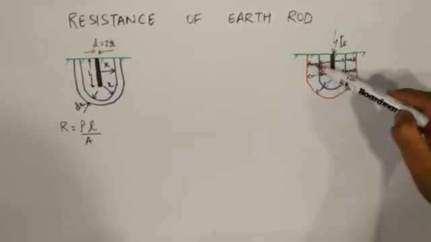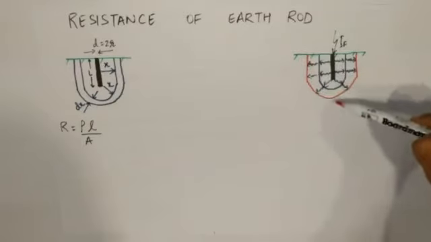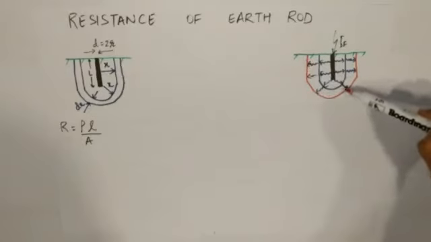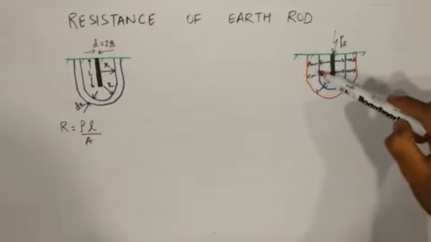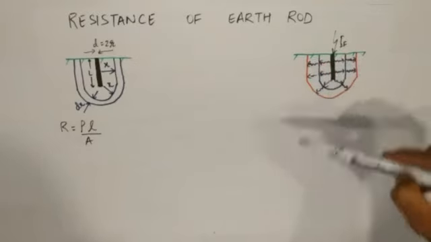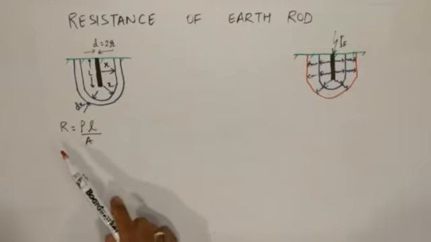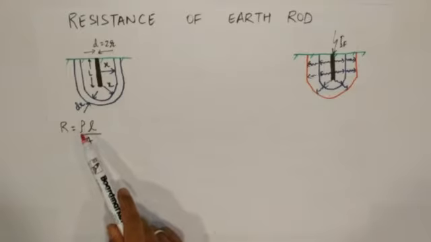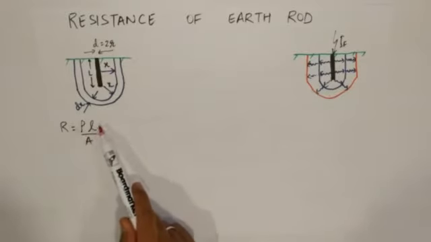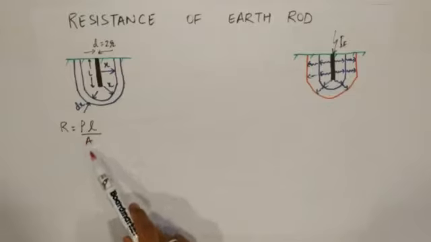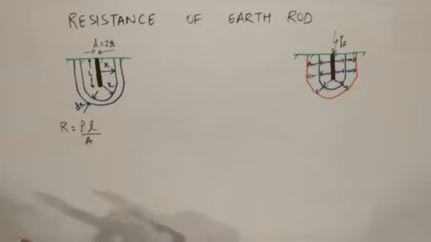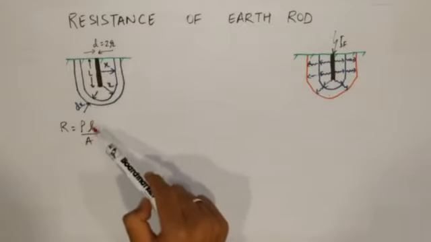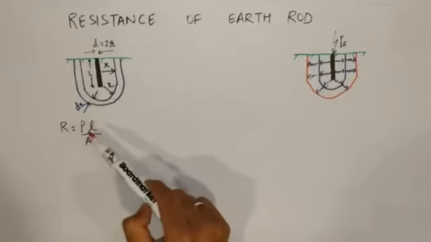So suppose the current has gone away to a distance x and formed this equipotential surface, blue color, and again as the current goes further it forms a different surface having a different area, but all the points on this red curve will have the same potential and all the points on this blue curve will have the same potential. Now we know only one formula for resistance, that is rho L by A. Rho is the resistivity of the material in which the current is flowing, L is the length, and A is the cross section area. In this case, as the current is going radially, the length will be the radial length, that is the radius of the equipotential surface.